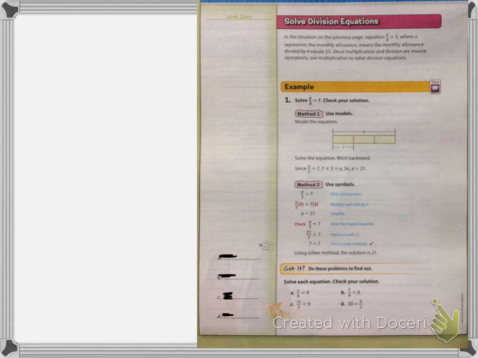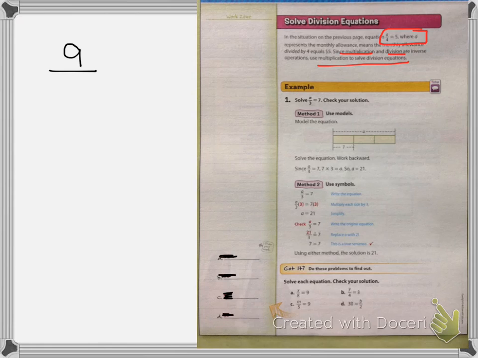All right, it says solve division equations. Now we're on textbook page 562, and it says, in the situation on the previous page, in equation A divided by 4 equals 5, where A represents the monthly allowance, means the monthly allowance divided by 4 equals $5. Since multiplication and division are inverse operations, use multiplication to solve division equations. So I think that it's really important that off to the side you write out the equation that they gave you. The equation that they gave you was, again, A divided by